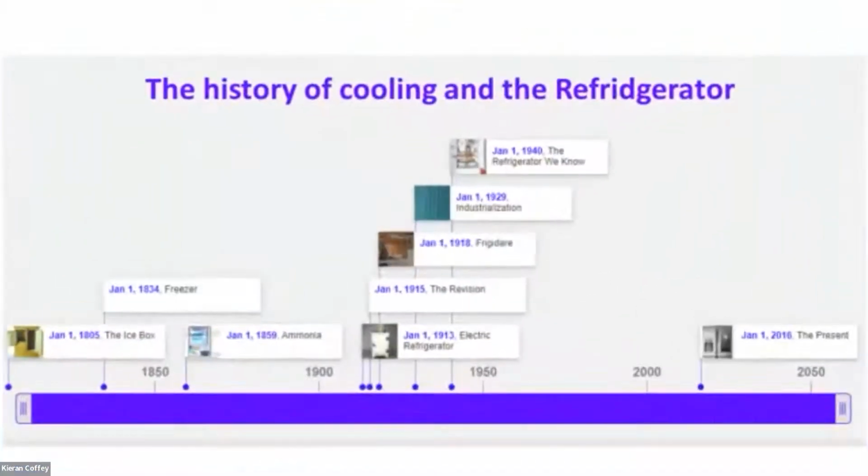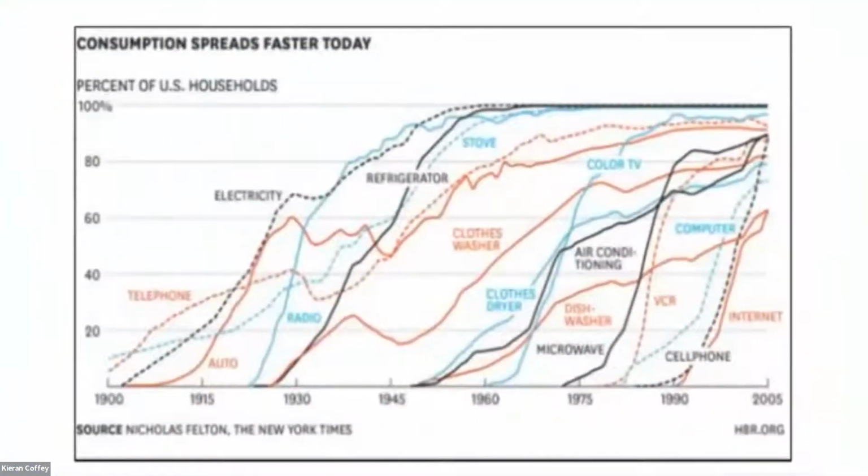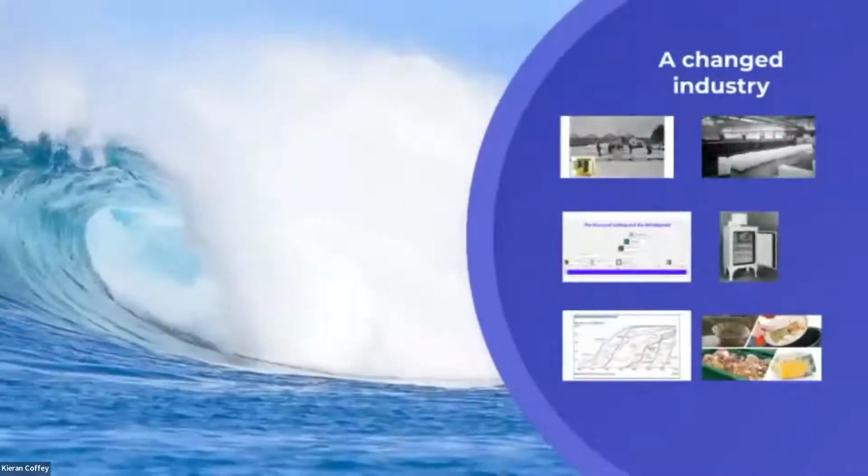And this is the timeline. So basically in the 1920s, the fridge was introduced, and that completely changed that industry. If we look at this chart here, in the mid-20s, nobody had any fridges, and then between 1930 and 1960 it went from practically 0% up to close to 100% of people using fridges. So this is an example of where a micro technology completely changed an industry, and we want to do the